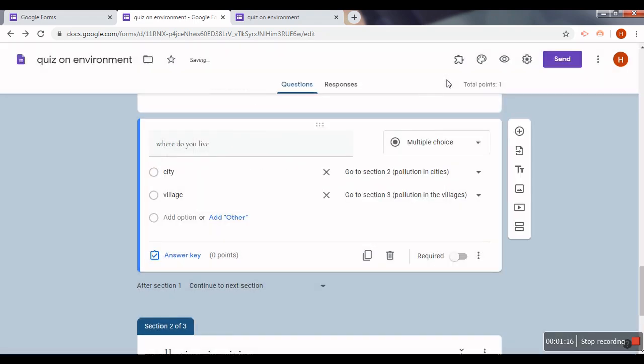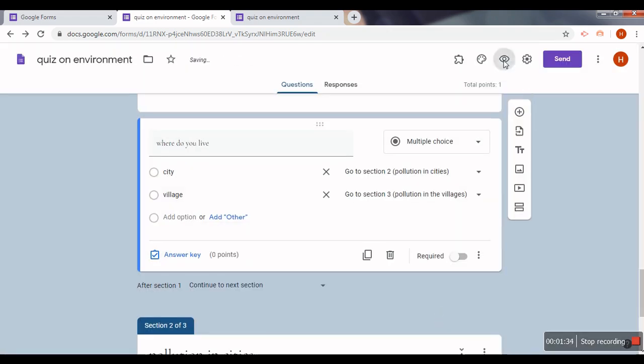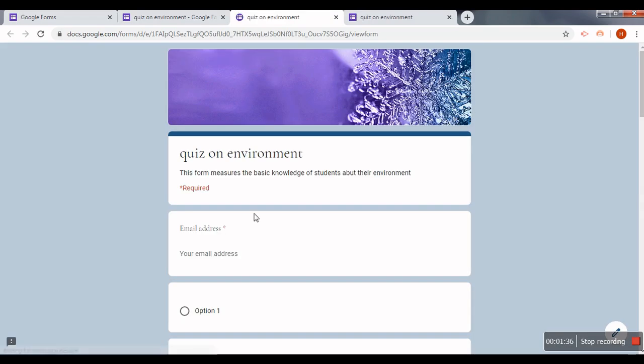So now last with this are the few settings that you can do with this Google form. These are general settings. In case you want to collect the email address of the children, you will click on this. Now if I click on this, let's see the preview. The first thing they will see is the email address. See, we didn't put up this email address, but because you changed the settings, now this Google form is asking for email address, right?